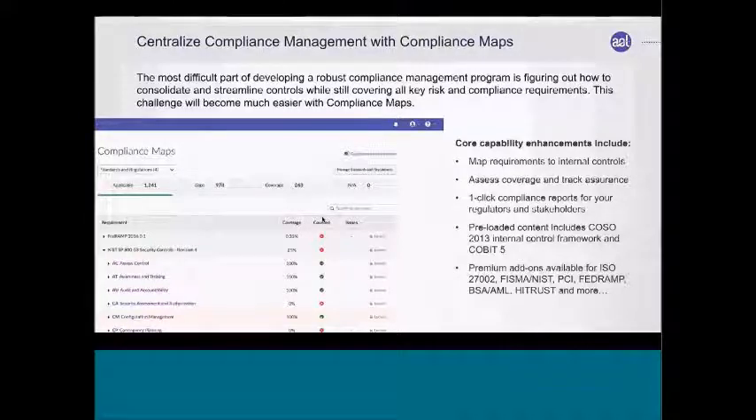So with that, I'll move on to a deeper dive into the product. First, with our spring release, we released a new capability that centralizes compliance management, a feature we're calling compliance maps. What compliance maps allows you to do is manage all of your regulatory compliance, or internal policies